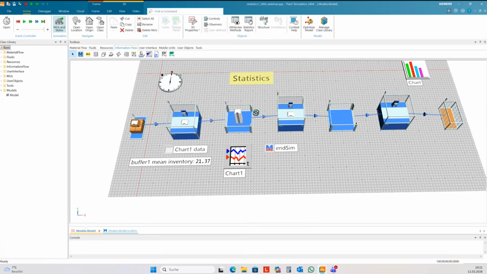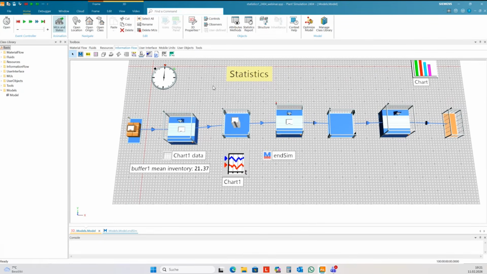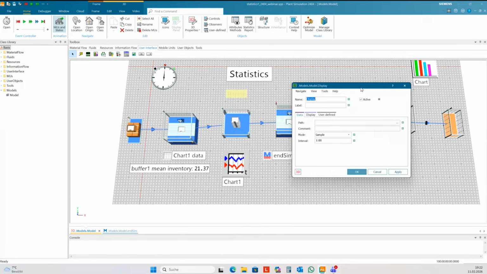So we have a lot of elements to show some values here in Plant Simulation for statistics. For instance, you can use the display to display data. I want to show, for instance, the relative occupation of this buffer.